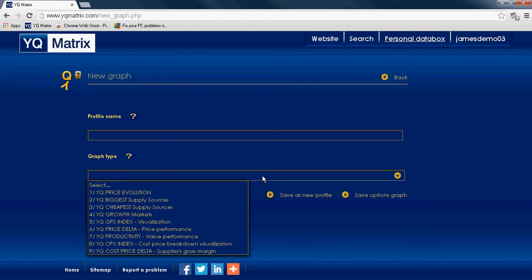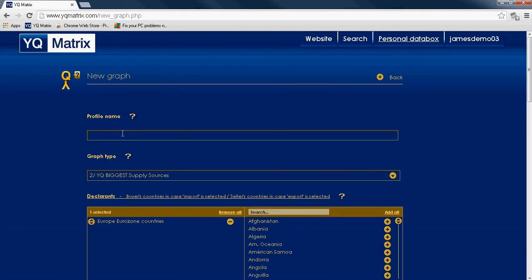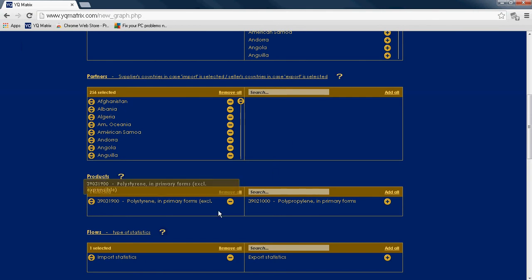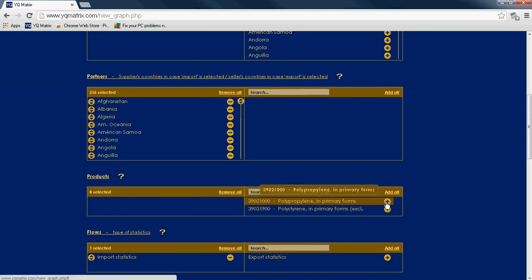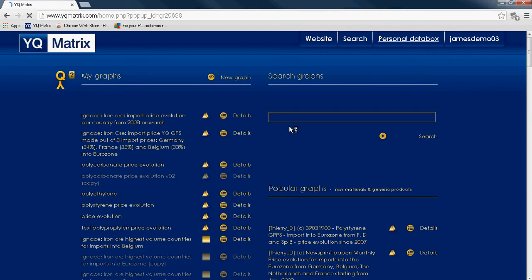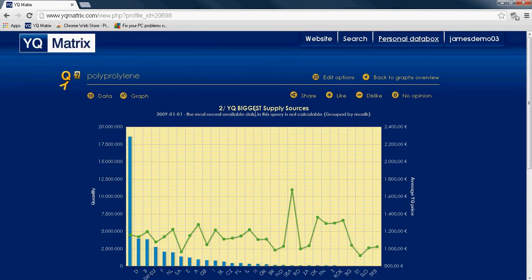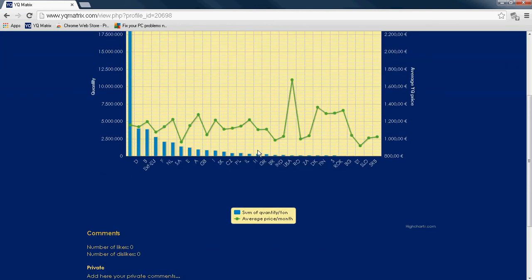So I go back to create a graph. I want to have a graph of the biggest supply sources for polypropylene. And I will not select polystyrene but polypropylene, and I save the option graph. There you go, and there you will see polypropylene appearing as a gold color square to easily find back. And here I have my polypropylene biggest supply markets: Germany, Belgium, external Europe, France, Netherlands, Saudi Arabia, which has obviously